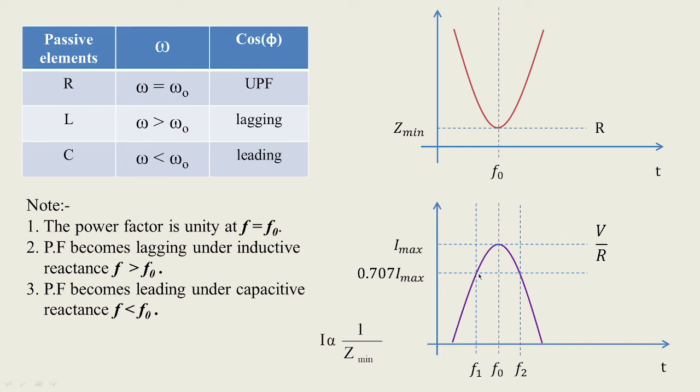You can see this point and this point, they are quite repeated at one kind of magnitude, and that magnitude of current we are going to obtain as the half of the current values of the maximum output. So this is treated also as half of the powers which you are going to obtain. So just in order to differentiate a lower frequency and upper frequency, we have estimated exactly at the division of this point, and this point will be determining the bandwidth where you can reach from one station and you can